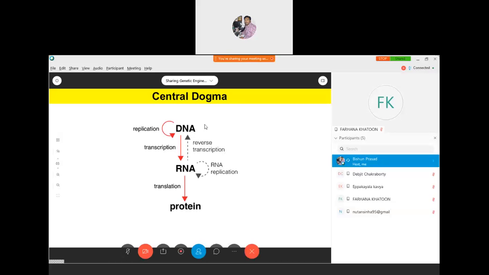So this is the flow of information. DNA will form mRNA, and mRNA will form protein. So if you want to analyze the gene function, then there are 2 points where you can look for gene expression. The first one is transcription. Here you can do the expression analysis at transcript level, like RT-PCR, real-time PCR, microarray, next generation sequencing. So there are different techniques which utilize your mRNA to know the expression.